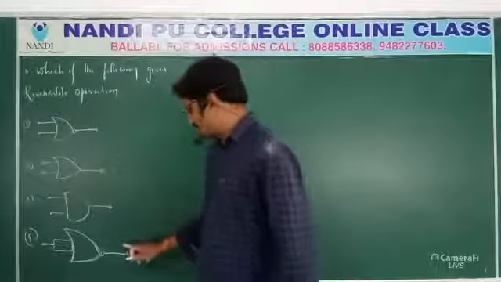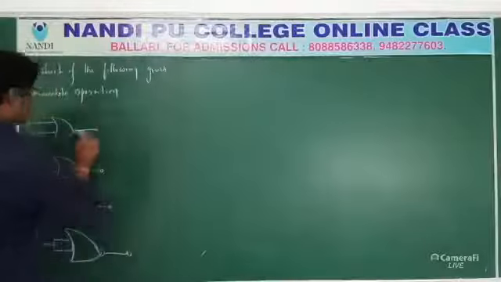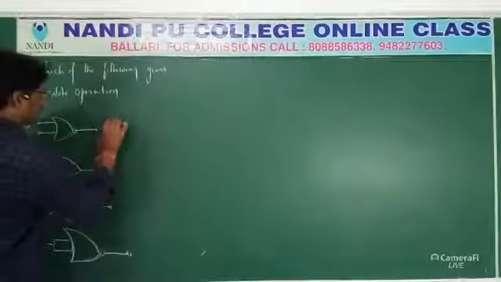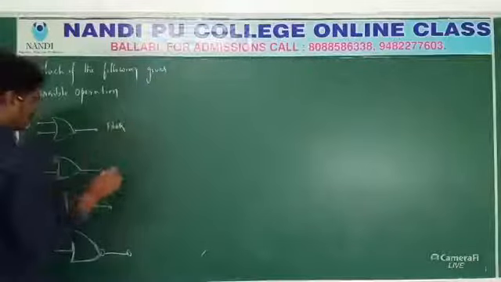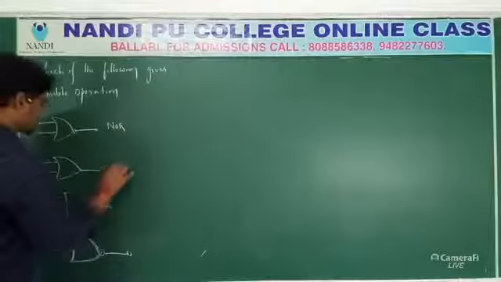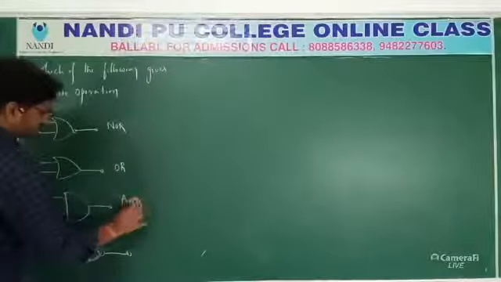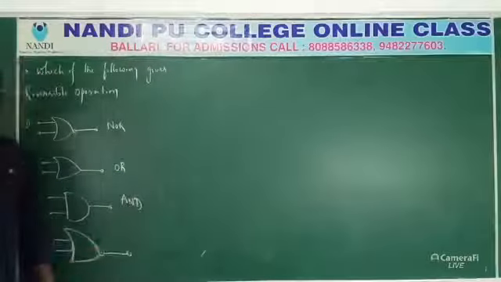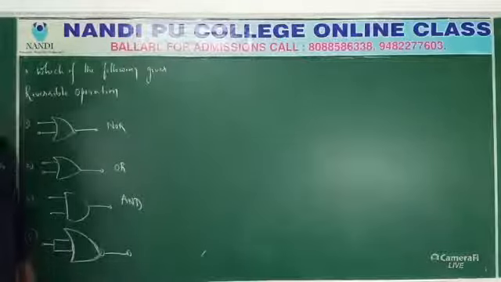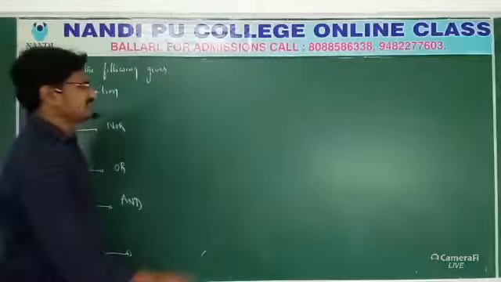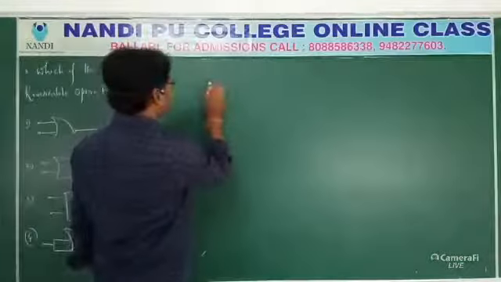But here, this is something different. What is it? It is a NOR gate. It is a NOR. It is what? OR gate. It is what? AND gate. Then what is it? It's a very important thing. Generally we cannot get this information anywhere.